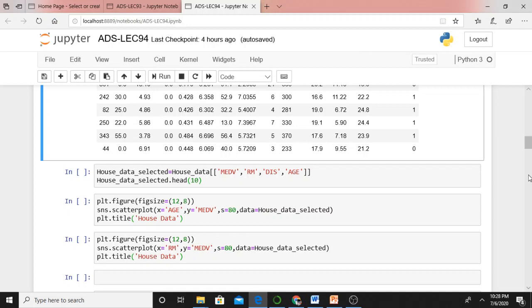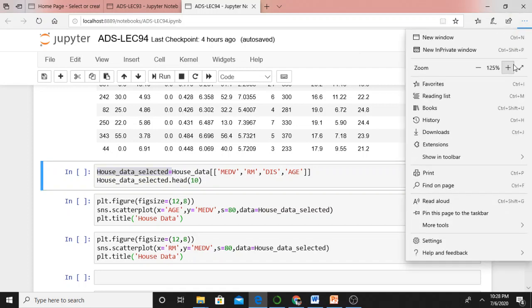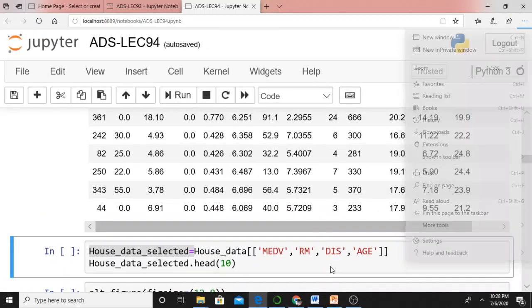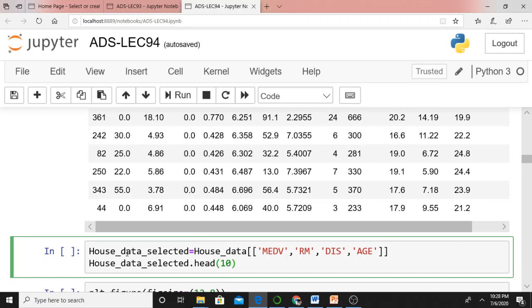Let me increase the size, let it be 175. Now I think it's visible. House_data_selected: house_data is my original data frame name. I'm only collecting MEDV, the value of the house, RM, room numbers, distance from the employment centers, and age of the house owner.